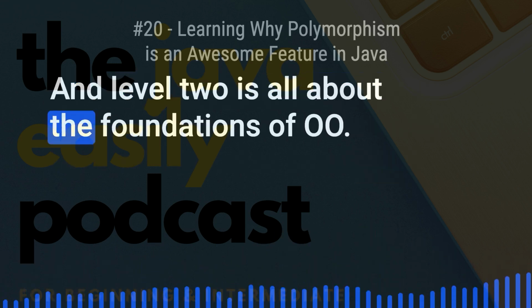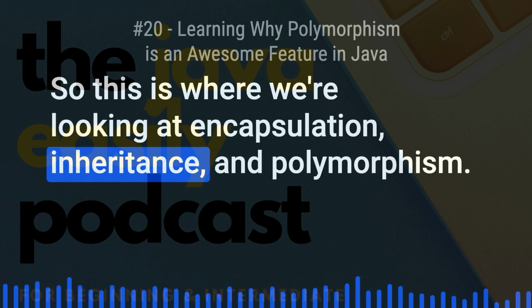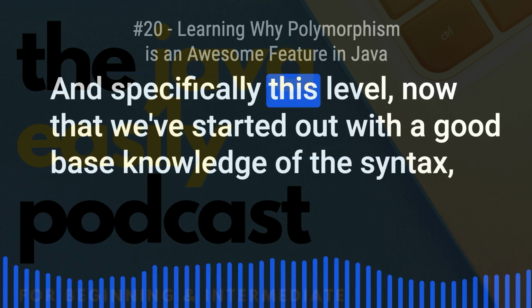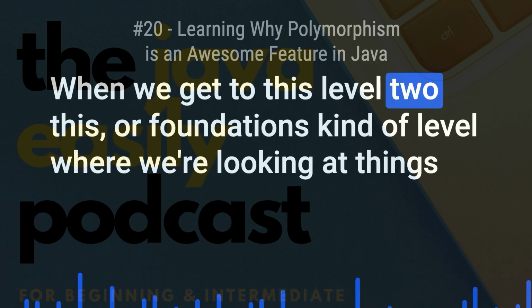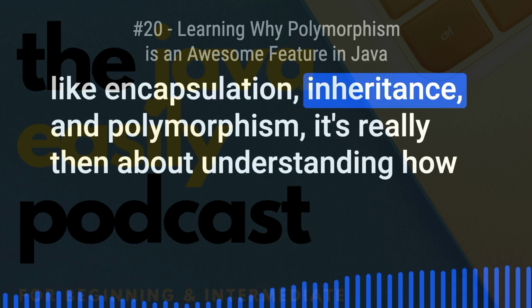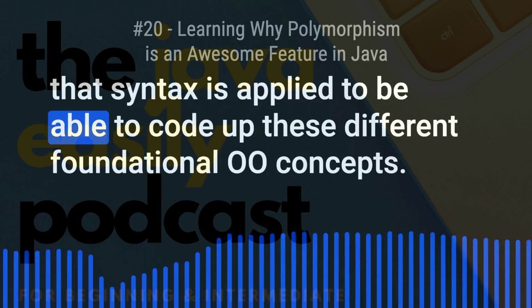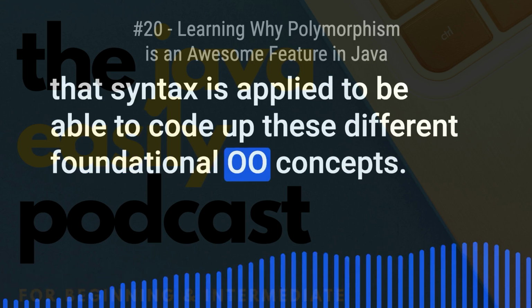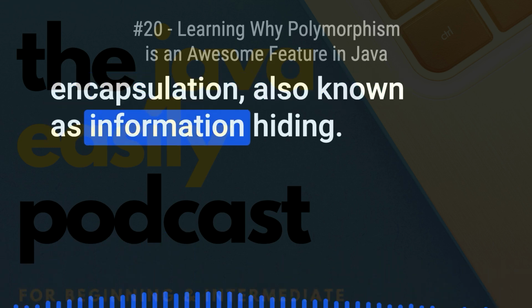And level 2 is all about the foundations of OO. So this is where we're looking at encapsulation, inheritance, and polymorphism. Specifically at this level, now that we've started out with a good base knowledge of the syntax, it's really about understanding how that syntax is applied to be able to code up these different foundational OO concepts. So for example, in the last episode we looked at encapsulation, also known as information hiding, and the